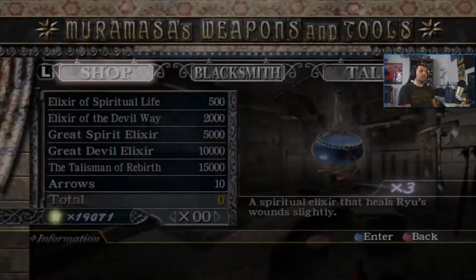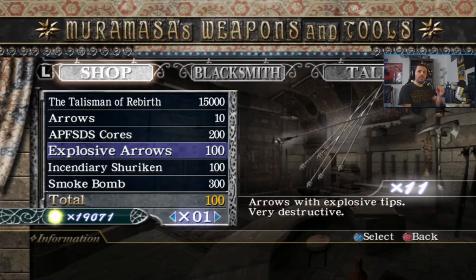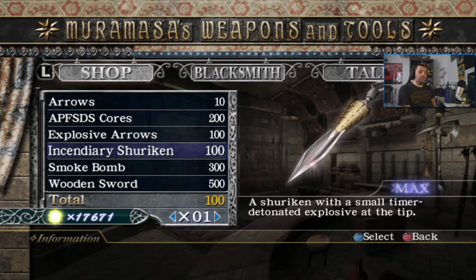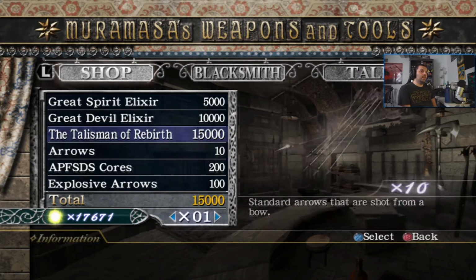So these are the requirements. You normally don't have as much money as I do unless you farm the bugs. So these are the minimum requirements. Max out explosive arrows. Max out on these arrows. Max out on shuriken if you didn't loot the corpse. And then